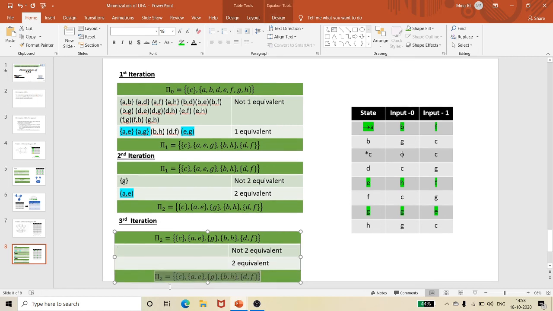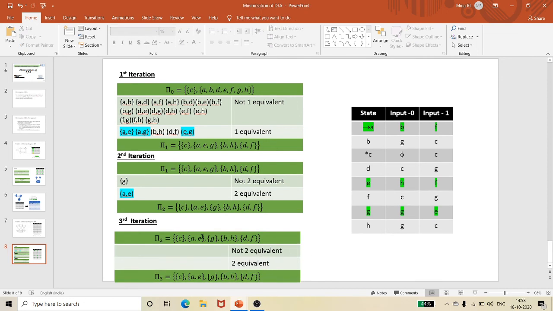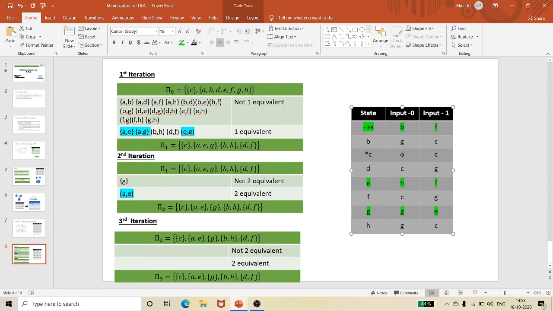And I need to find pi of 3. Okay. Now you see A and E. So let me take all the colors out of it. A and E. So B and H, F, F, F. Same set. Then B and H, D and F.